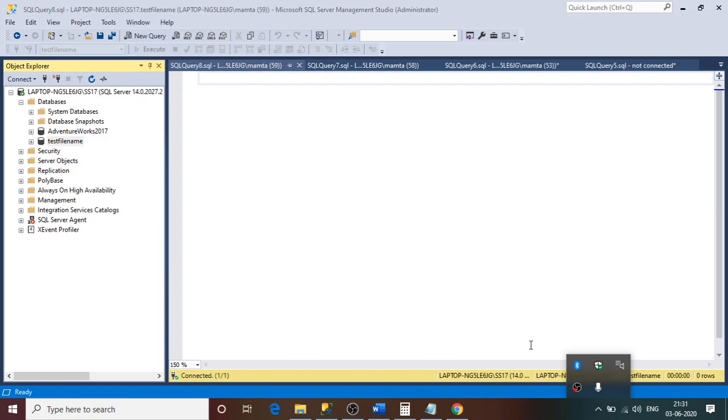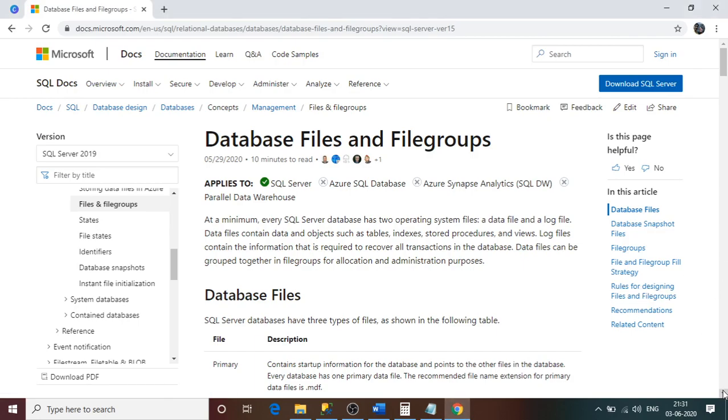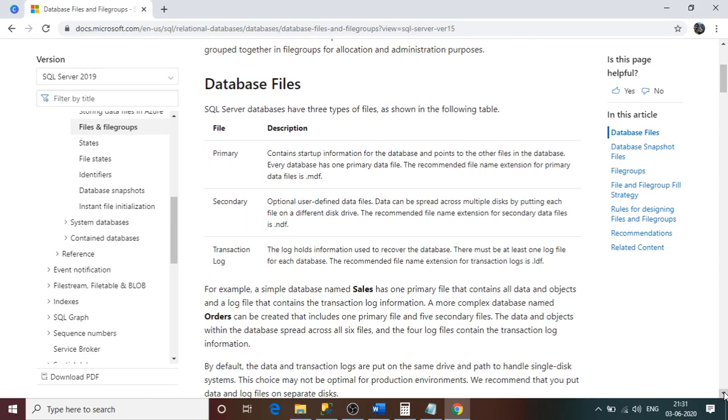So I'll show you the page from Microsoft, if you see my screen here. It says that primary, secondary, and transaction log file, three files usually a database has. In the primary file, if you see this statement, the recommended file name extension for the primary data file is .mdf, master data file.